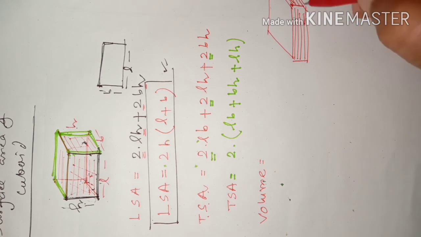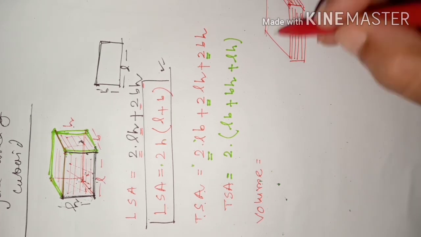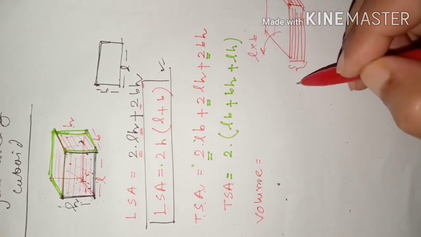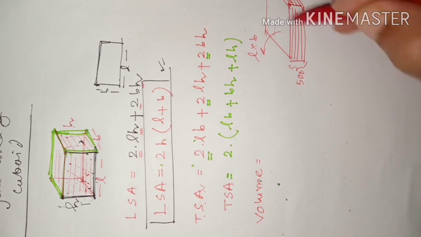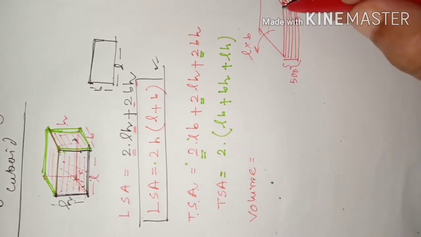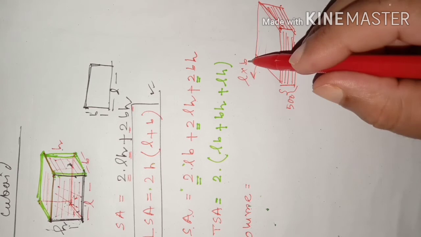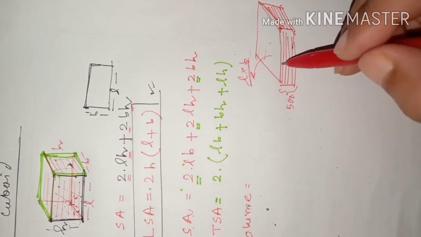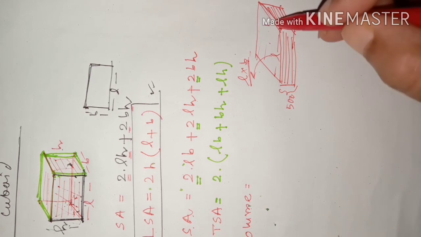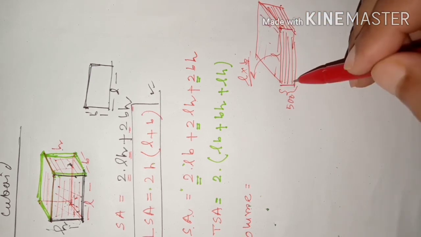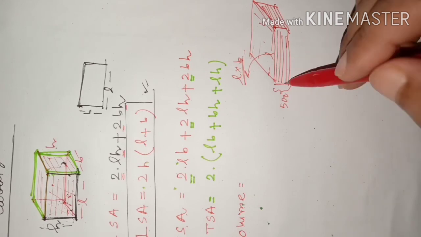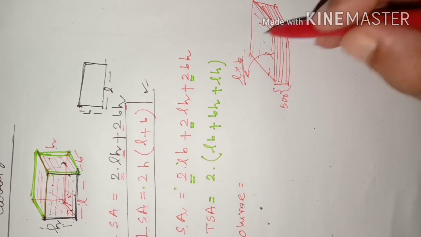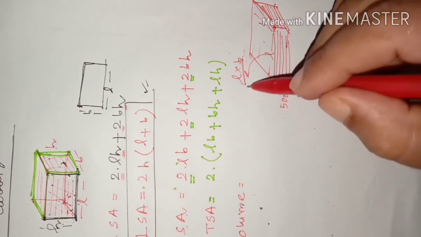Then one rectangle's area will be what? Length multiplied by breadth. If here are 500 rectangles, then you will have to say what is the space occupied by the whole book. You will say 500 times length into breadth, because all are equal here. One page is occupying length into breadth, because one side of the page will be called length, another side will be called breadth. And suppose 500 such pages are piled up, then the space occupied by this whole book will be 500 times L into B.